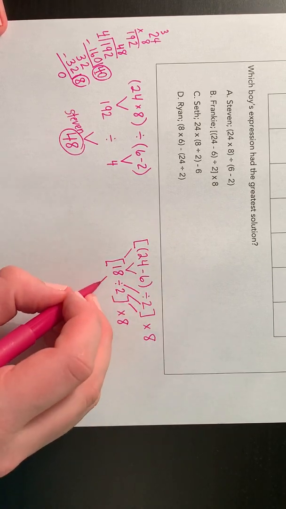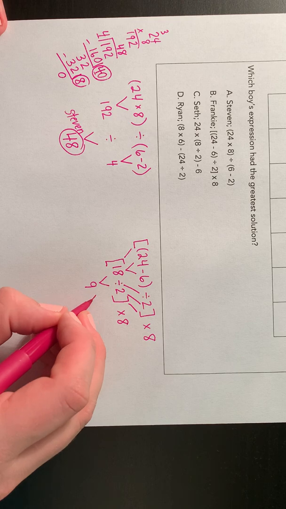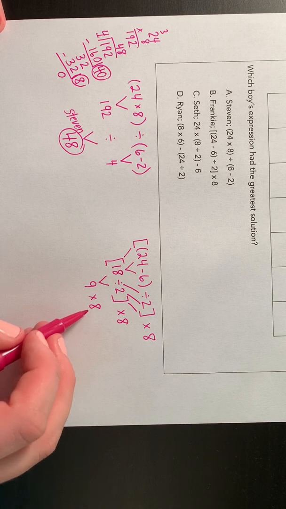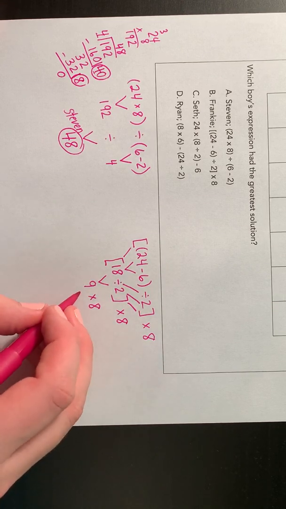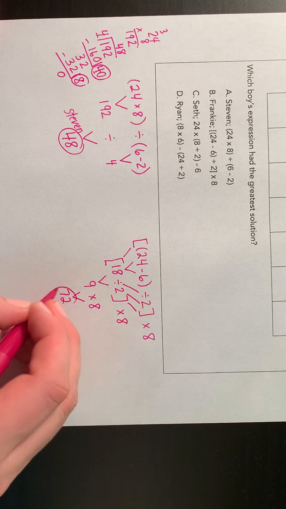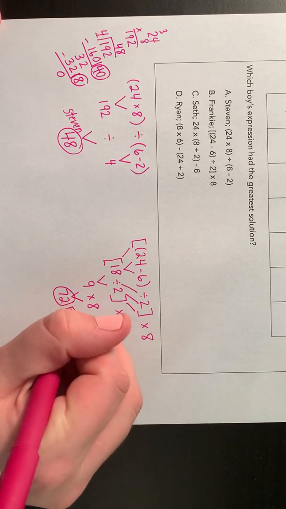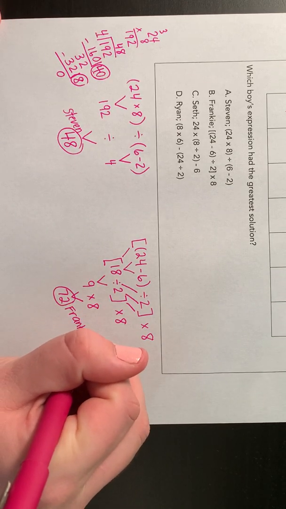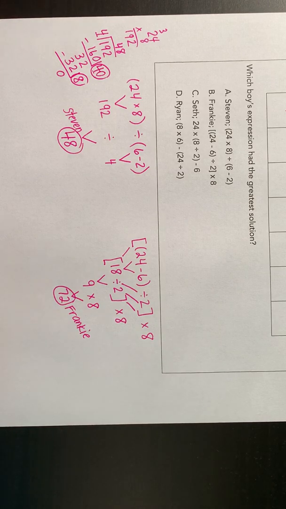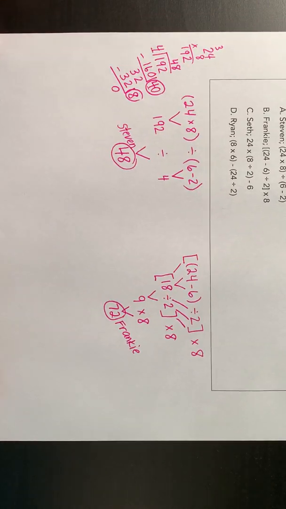18 divided by 2 is 9. And then I'm going to bring down my multiplied by 8. And 9 times 8 is 72. So far, Frankie has beaten Stephen. But now we have to see how the other two did. All right, Seth